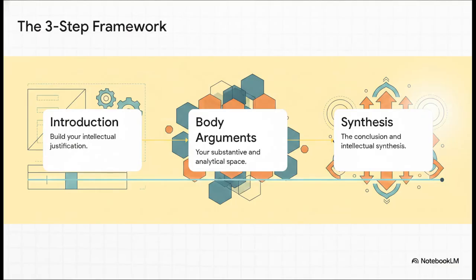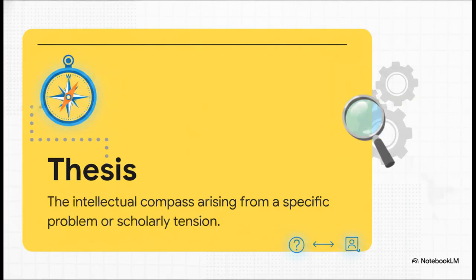Now that we know exactly why we need a plan, let's shift from theory into execution. This is the core framework of today's workshop. Every single piece of academic writing can be broken down into 3 deliberate intellectual moves. Step 1 is the strategic introduction. Step 2 is your layered body arguments. And Step 3 is the intellectual synthesis. Treating these not as generic fill-in-the-blank sections, but as functional, strategic moves, well, that's exactly what separates an average student from a top-tier scholar. Let's zoom in on Step 1.